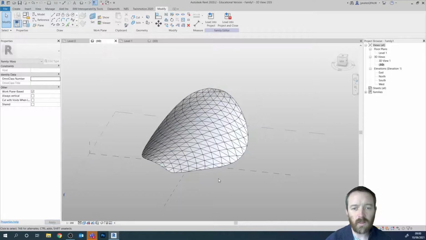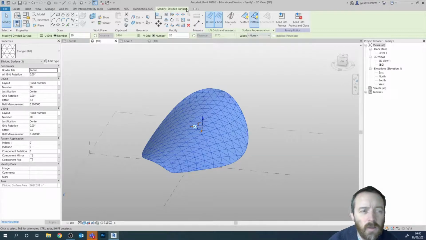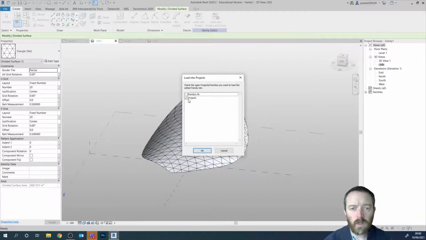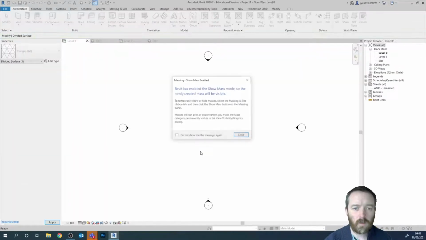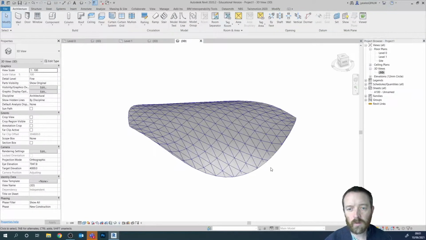Okay, now we can go back in here and I'm going to press on insert if that's available. Let's check. Let's load, I tell you what, let's load this into the project as well. So we'll load this into project 1, press OK, and we'll turn on visibility on our mass, and let's go to 3D view, there it is,